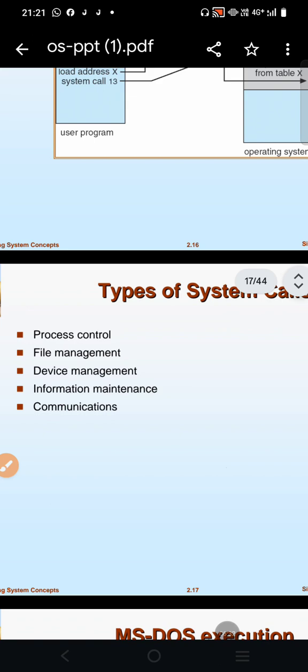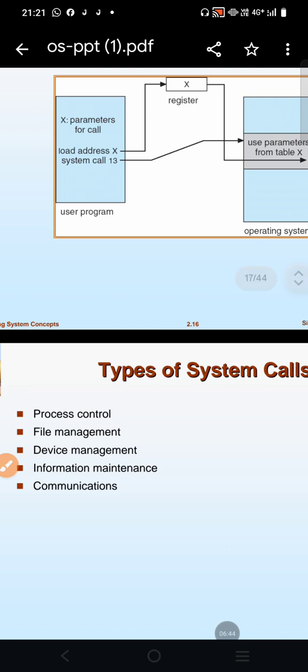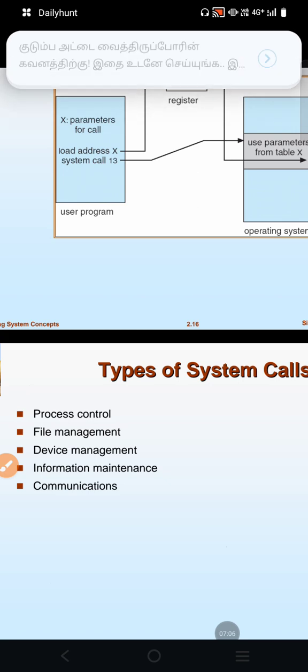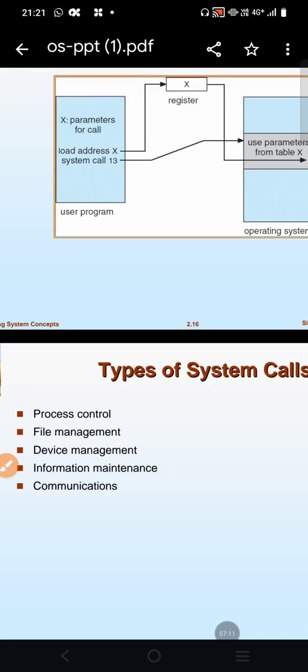Device management means requesting a device or releasing devices. A process may need several resources to execute, such as main memory, disk devices, access to files, and so on. Then information maintenance. Suppose you want to get the time and date of the system, we have to use a time function and a date function as system calls. System calls also access the number of current users, the version number of the OS, and the amount of free memory available on the system. And then communication means creating